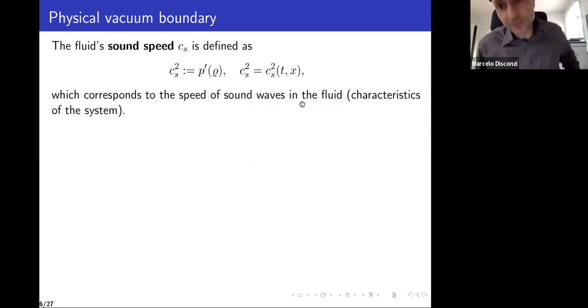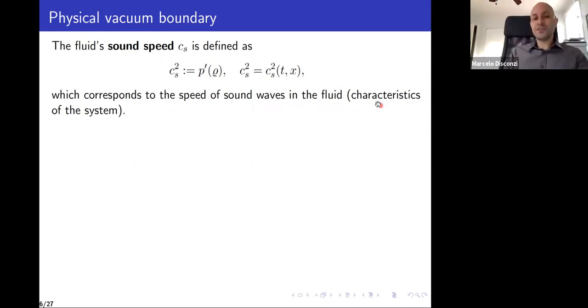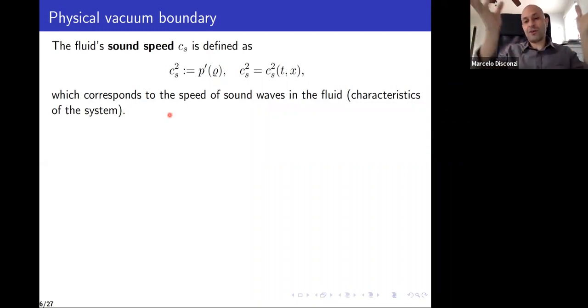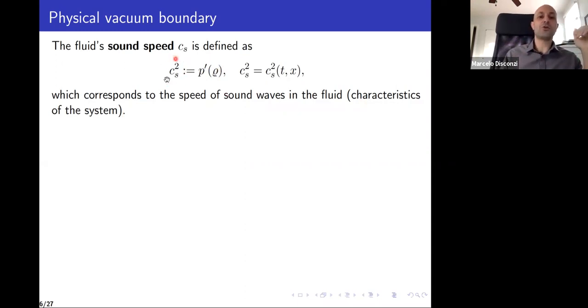There are different ways of seeing this. For example, you can compute the characteristics of the Euler system. And if you do that, you're going to see that one of the characteristics has the form of cones in space-time. So if you have cones in space-time, it's very much like when you have the light cones for the wave equation. And in the case of the standard wave equation, you interpret that as propagation of light. But these cones, you interpret as propagation of sound in your fluid. And these cones that appear when you compute the characteristics have an opening that corresponds precisely to this quantity Cs. So that's how you know that this is the sound speed of your fluid.